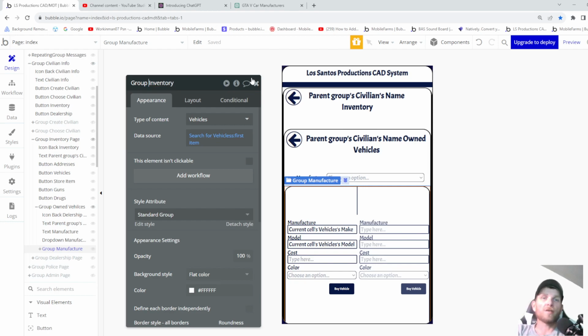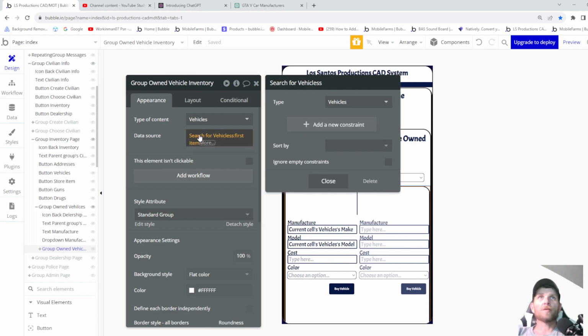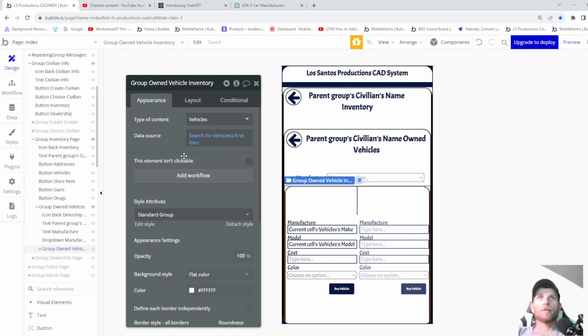We're going to change it to owned vehicle inventory. And we are going to search for vehicles first item. We're going to make this one not clickable, so avoid confusion. I'm not going to do that to the next one really quickly, but